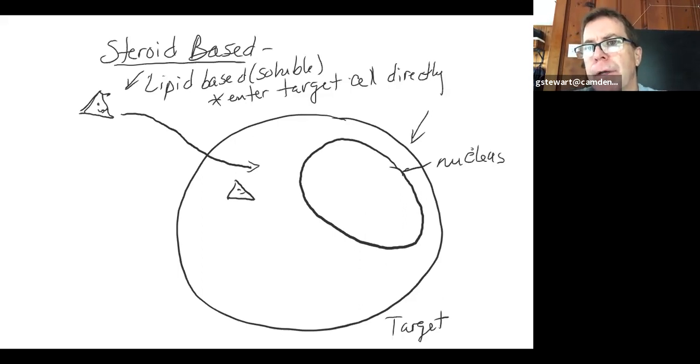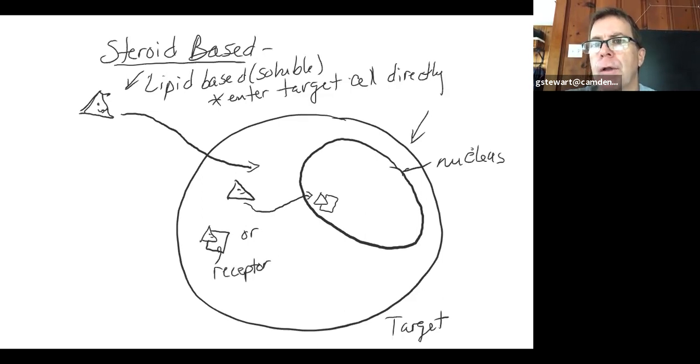Once it enters the cell, it can bind to a receptor in the cytoplasm, like this. There's a receptor specifically made for that hormone, or it can, guess what? It can enter the nucleus and bind to a receptor made for it in the nucleus, like this. So this is our receptor, and when the steroid or the hormone binds to its receptor, we just call it the hormone receptor